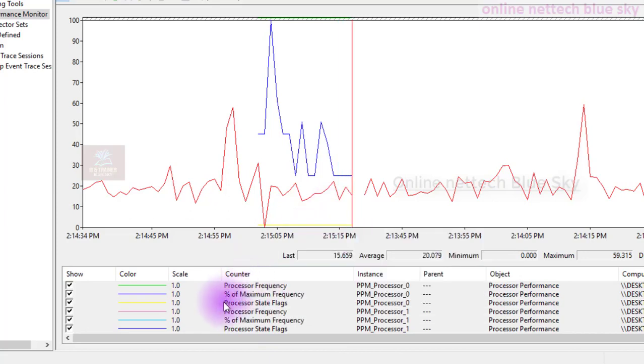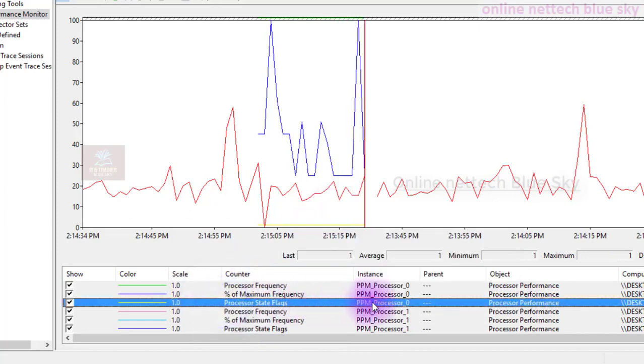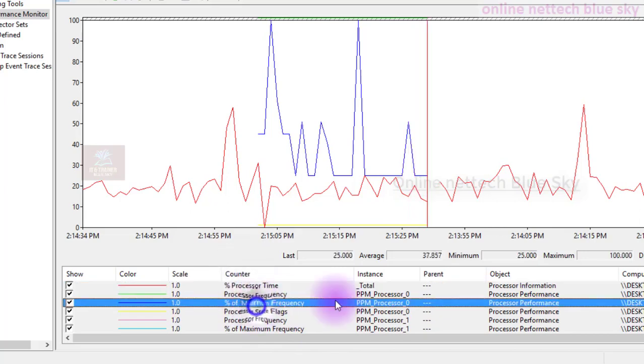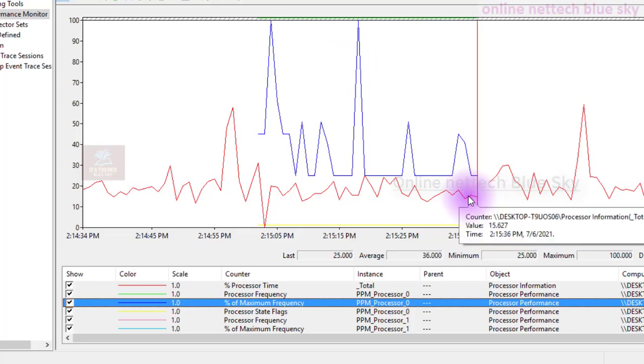Some yellow tab, you can see processor state flag 0, but here this is a blue line in processor state flag, and you can see this is the processor time and the maximum frequency. So this is the maximum frequency, and the red line is showing processor time.